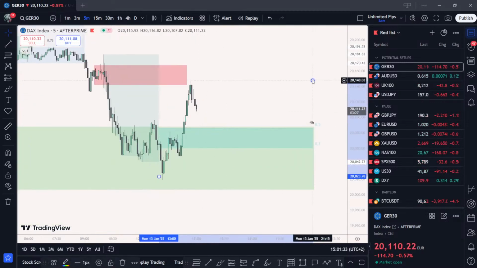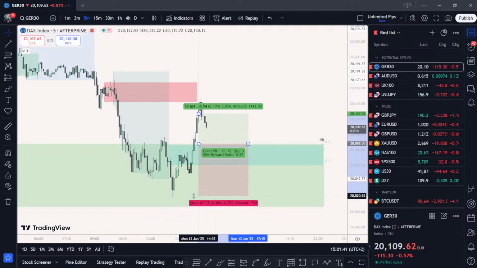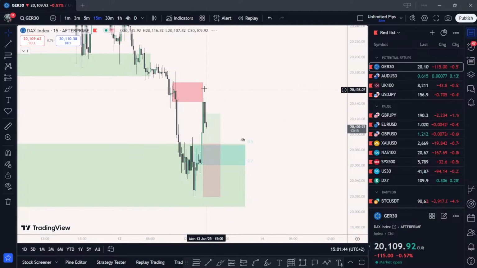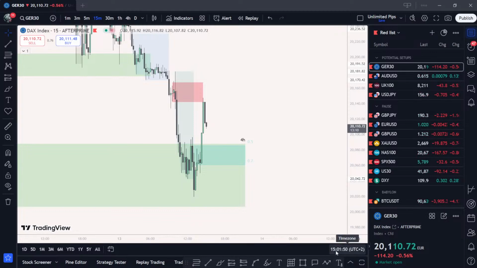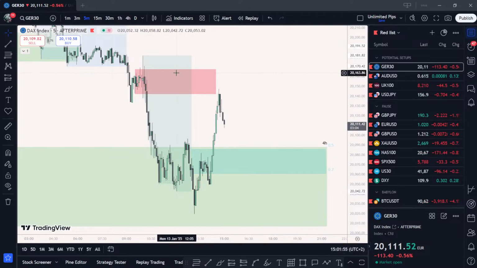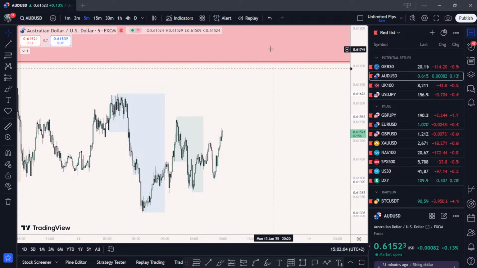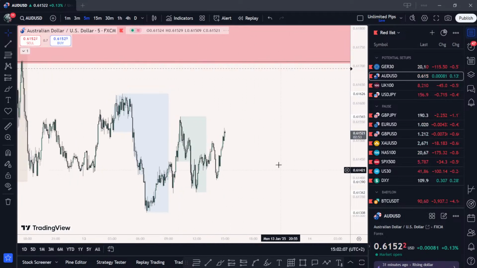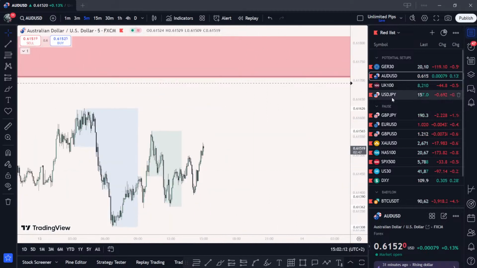So let's see if DAX gives us a market structure shift around this area, at least this high, I would say, because here we get a pretty good R. See, we get a way better R rather than if we would have entered around this inverse. And also timing is good now because we did technically open New York, but that's why the century was a bit bad, because it was too early. The setup looks extremely good to me, so it's only a matter of if price manages to come around this area, right?